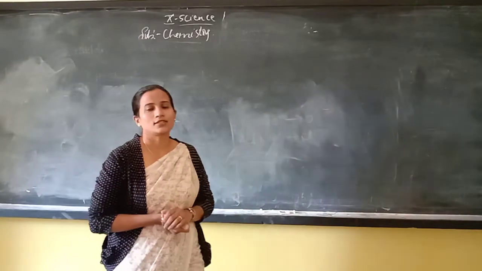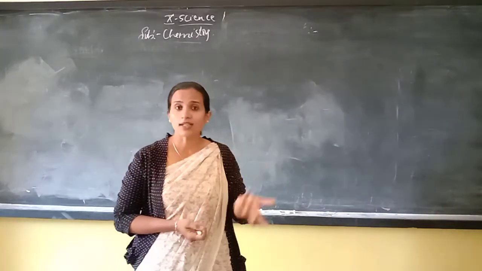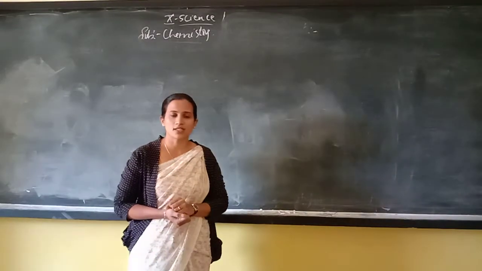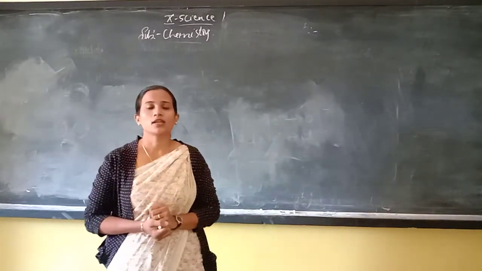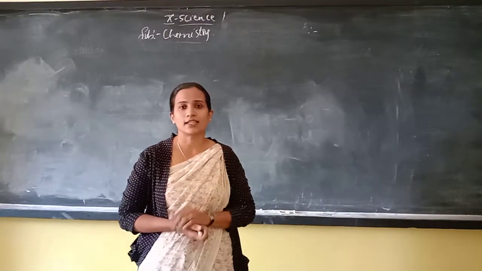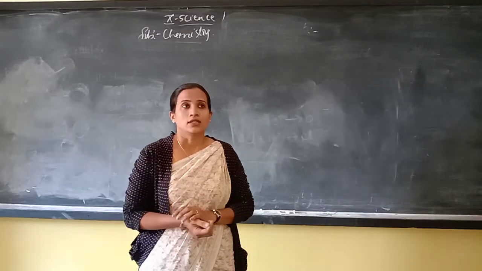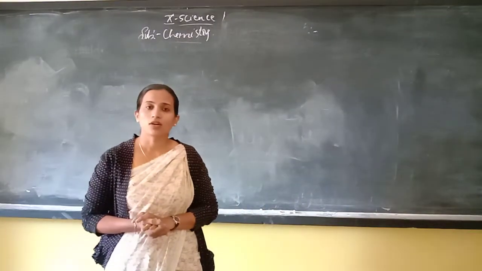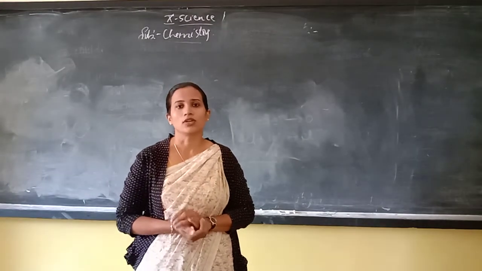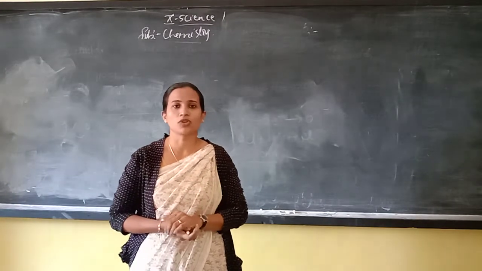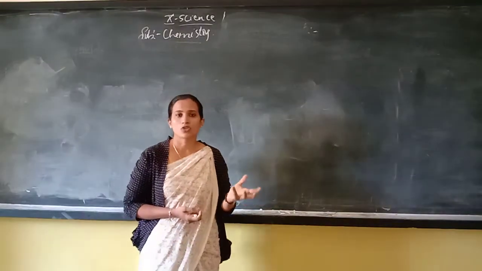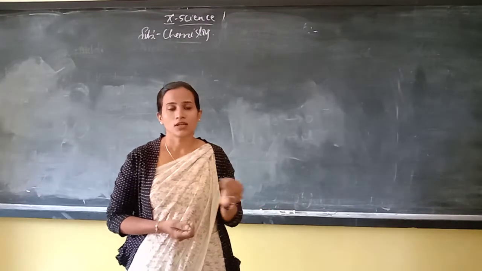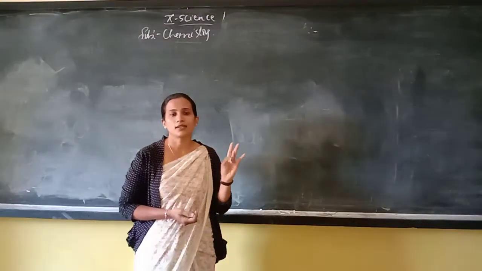See, in our last class we started the physical properties of metals and non-metals, and we discussed two important properties. The first property was the physical state. What was the physical state of metal? The physical state of metal is always hard. They are very strong, except mercury, because mercury is in liquid form. Non-metals exist on Earth as solid, liquid and gas.